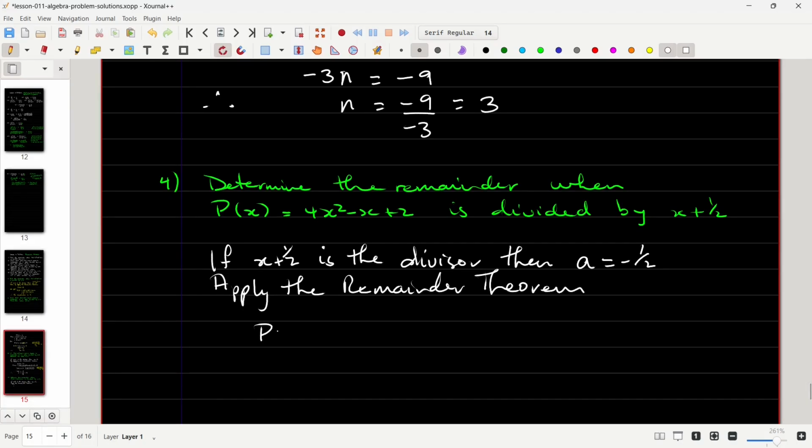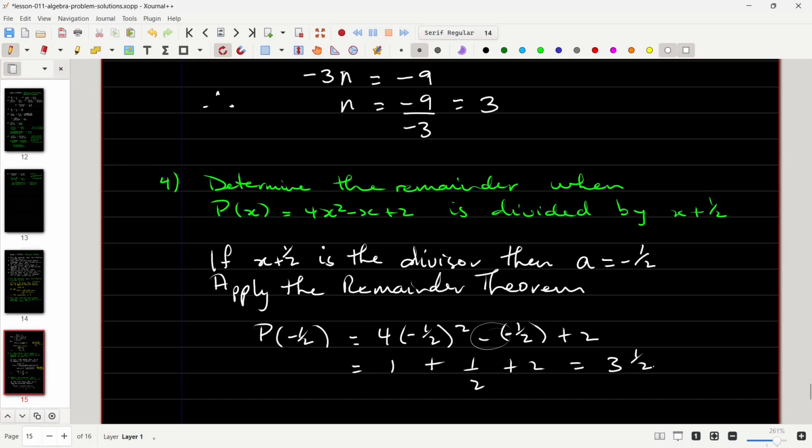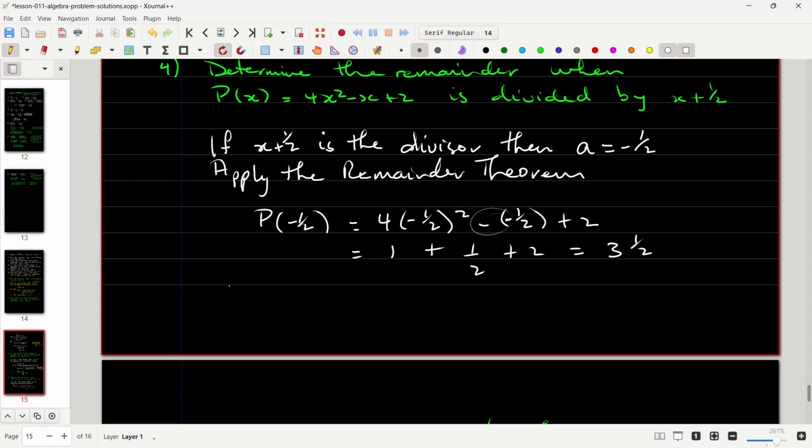we can get that p of negative a half would be equivalent to 4 into negative a half squared minus a half, negative a half, sorry, plus 2. And we will get that this is a quarter multiplied by 4 is just going to give me 1. And then this here is negative and a positive, which will give me positive a half. And then this is plus 2, so I'm going to get 3.5. All right, so therefore, the remainder